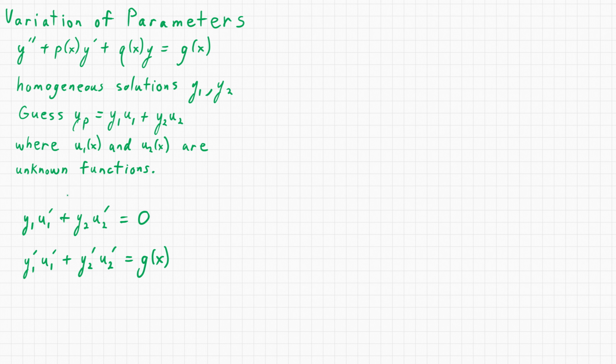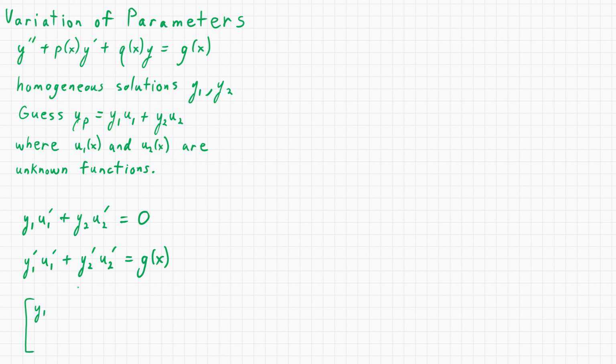And now we have two equations and two unknowns. And it's really nice because we don't have u1 and u2, we only have u1 prime and u2 prime in both these equations. There is no simple u1 without a derivative, and there's no u2 without a derivative. So two equations, two unknowns, we can actually write this as a matrix equation. So you can write this as